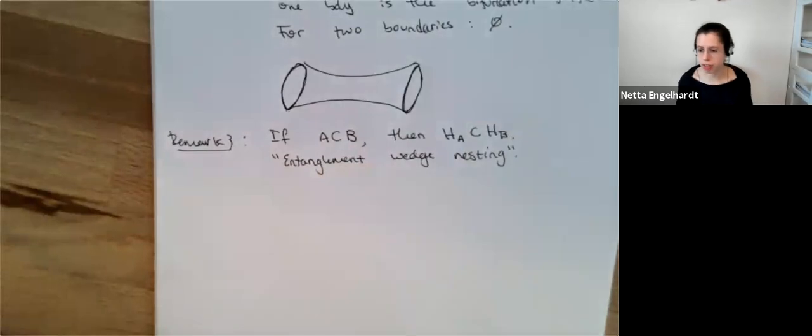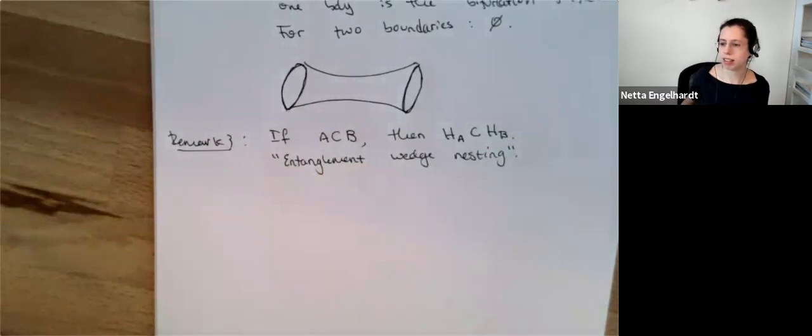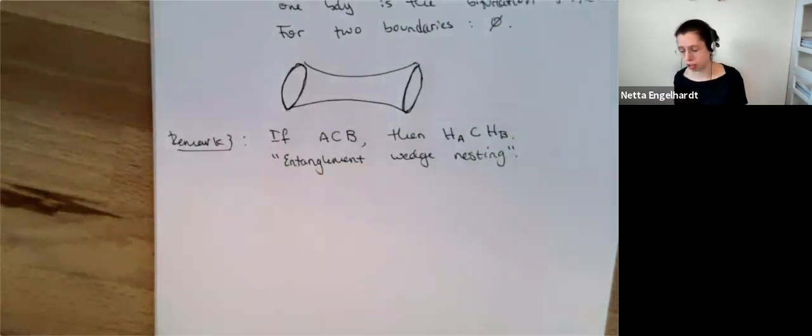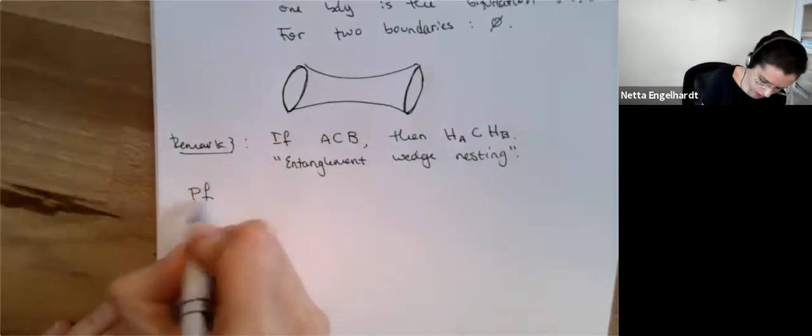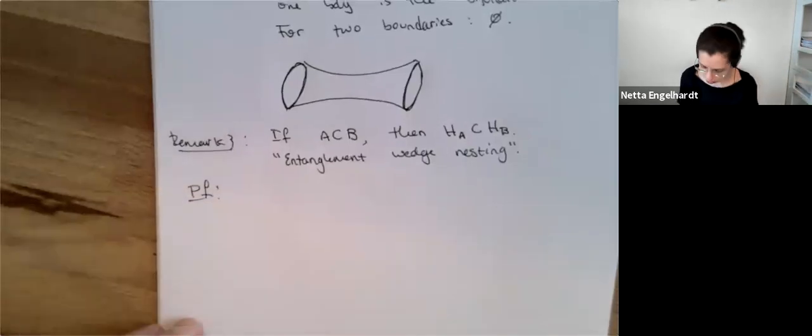Now this particular phrasing of it is only really valid in static spacetimes, but that's what we're working with right now. So this is really kind of crucial for many things that we do in AdS/CFT and for reconstructability of the entanglement wedge. The proof of this is very trivial. So I'm going to show it in my last couple of minutes.